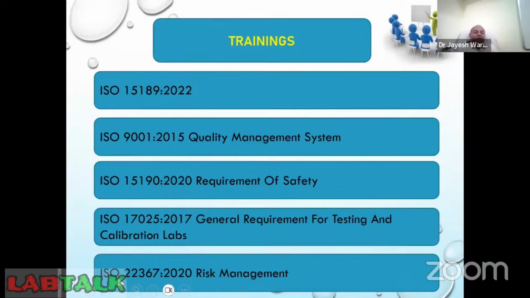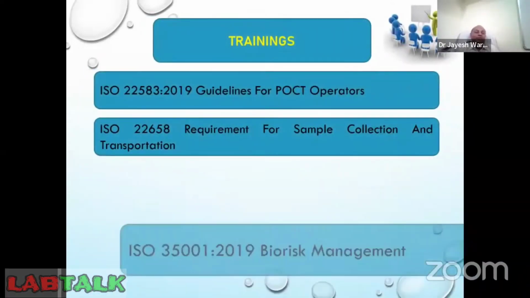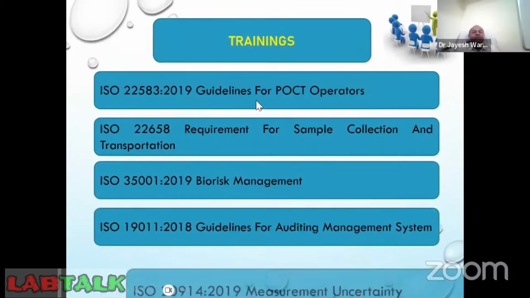So I will advise, or I will suggest, all of you to read this document. If required, you can attend some training program on this document so that you can have appropriate implementation of a risk-based approach in your laboratory. The next trainings which I have mentioned here are ISO 22583:2019, which is the guidelines